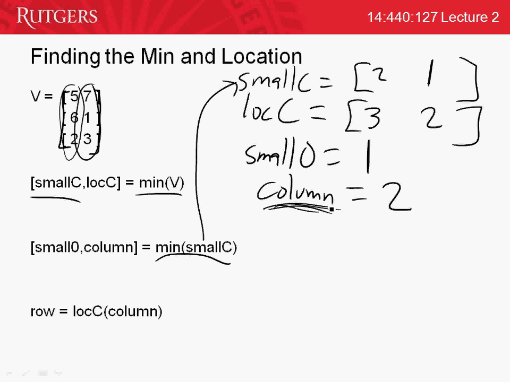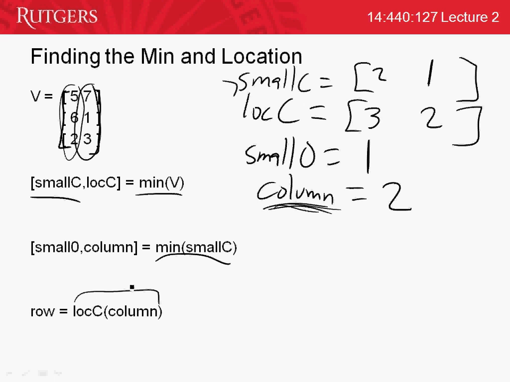Whatever this variable contains is the column that contains the smallest value, because it's basically which element, and the element number in small c refers to which column we're in, because the original min function operated on a column-by-column basis. Okay, so now we know which column the smallest element is in. So now let's look at this